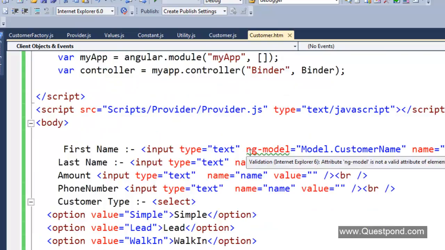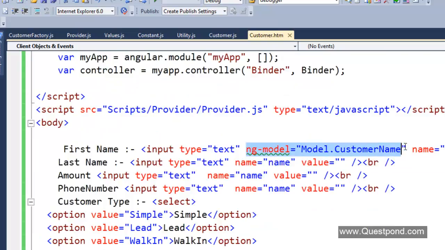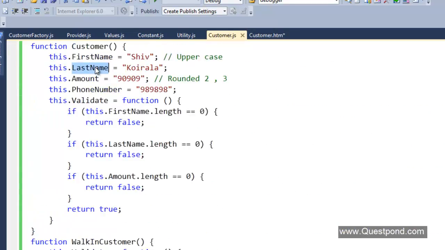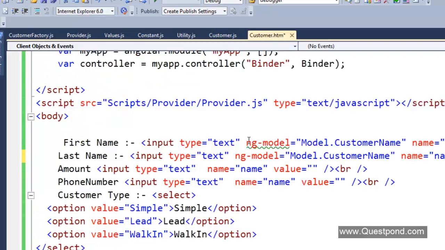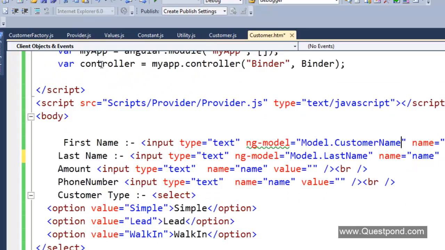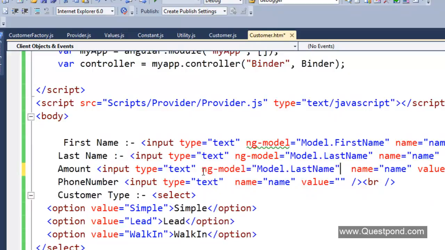So now that we have completed our code here, the next thing is to start doing the binding. We have bound the customer name. Let us bind the last name. The last name was last name. This was first name. So let us start putting the ng-models everywhere. Amount,